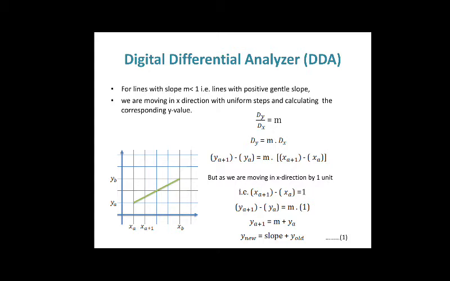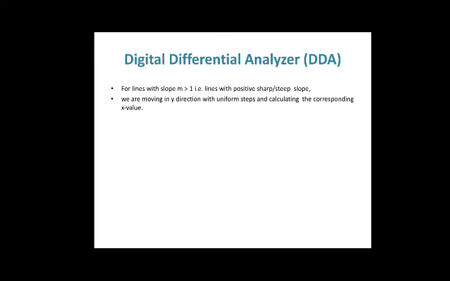That is why I am saying that y is changing according to the value of slope. Whenever we are finding a new coordinate value of the y coordinate, that value will become the old coordinate plus the slope value. For example, this is the y point. So, here the value of the y coordinate will become slope plus ya. This is about the gentle slope.